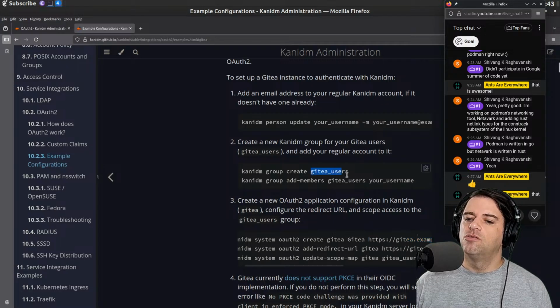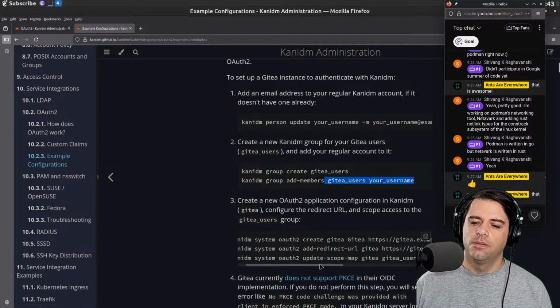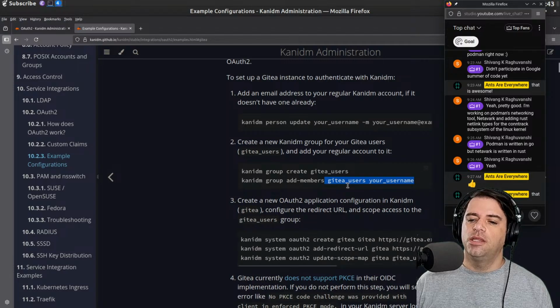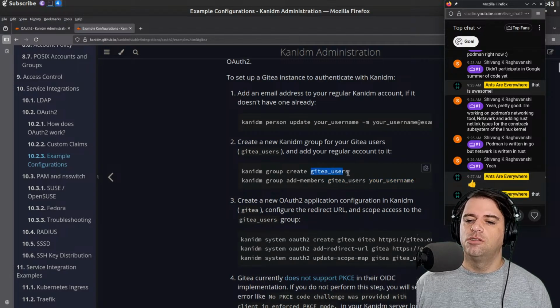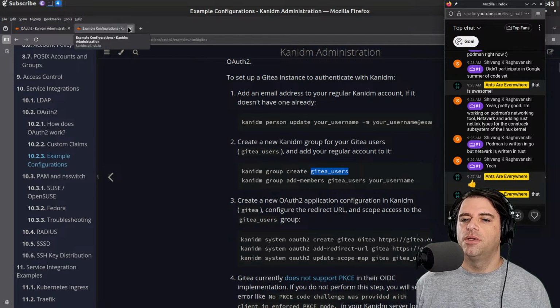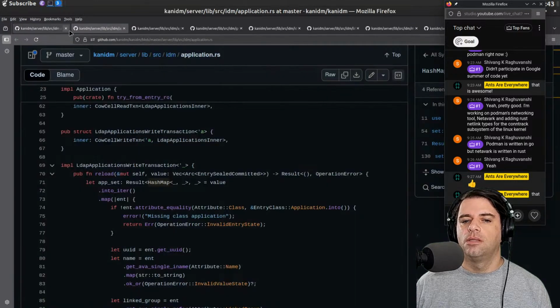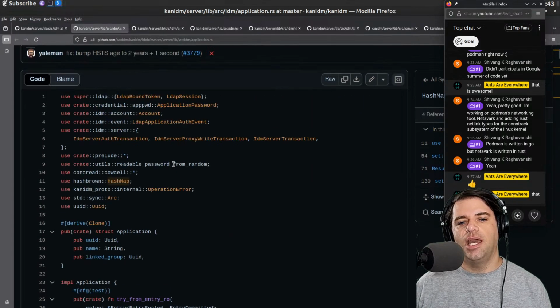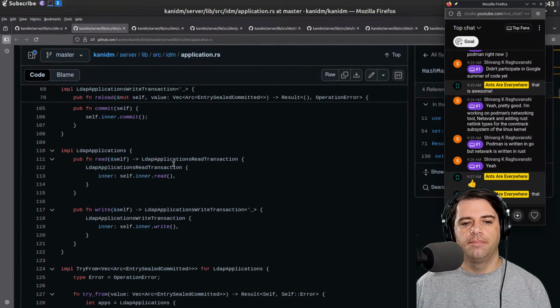And then gitea_users is the group, and you're going to add your username to gitea_users. And you're going to add a redirect URL and an update scope map. So I think that this here is the group that's associated with the application, is my guess. So it's like the set of users who, I guess, can use the application or something along those lines.